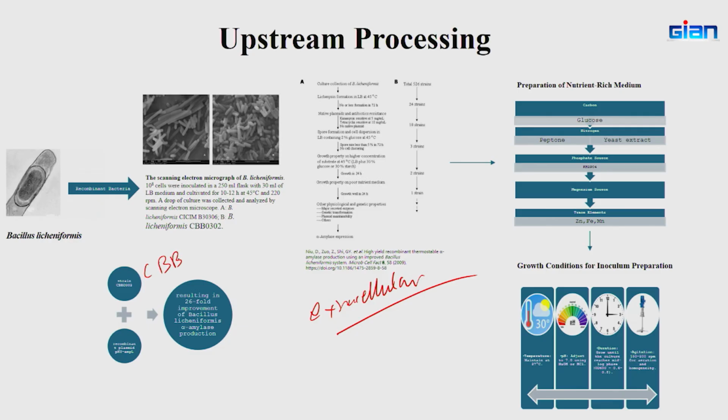It is a strain, and we have taken the vector pHY-AMYL and integrated it with recombinant technology. Then there are some preparation processes: a carbon source like sugar, a nitrogen source like peptone, yeast extract, and a phosphate group. Trace elements are also there: zinc, iron, and magnesium.